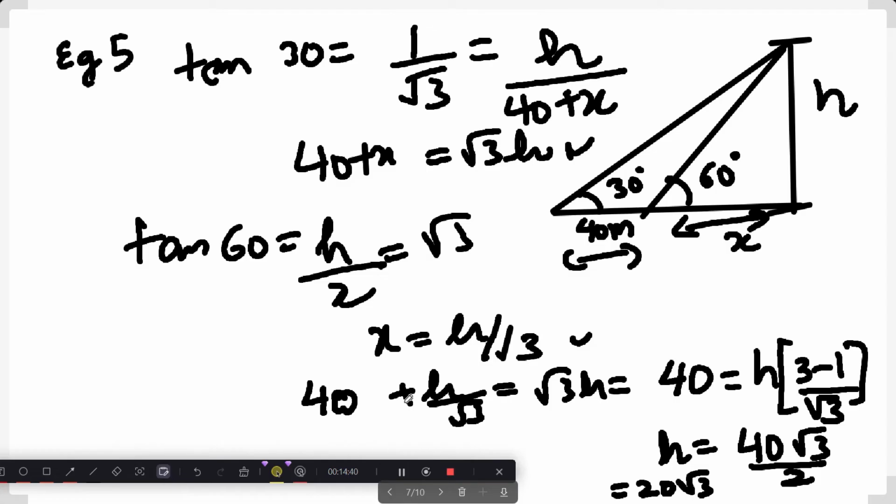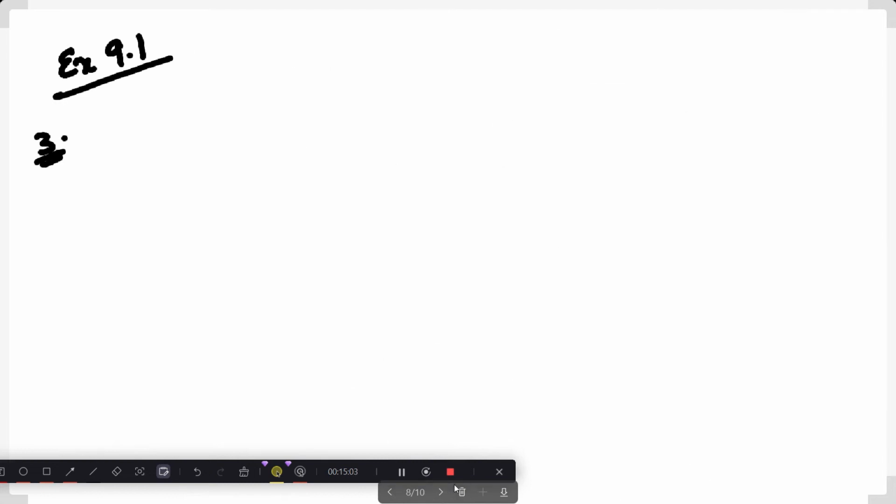I hope you've understood. Again, as I said previously in my previous classes, you need to properly make this. You need to first make this figure, you need to mark the figures, you need to show it. Tan 30 is equal to AD by BD in triangle ABD, tan 60 in triangle ACD is AD by CD, and then put H and X, whatever I've done here, right?